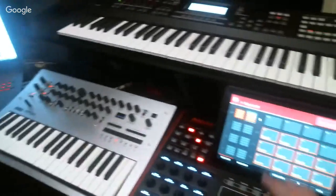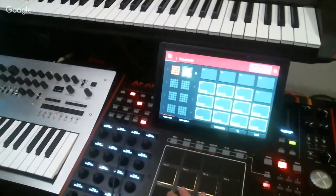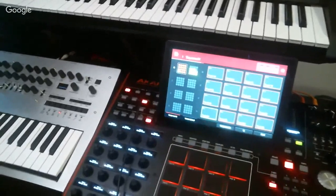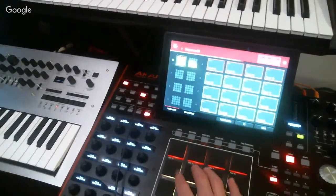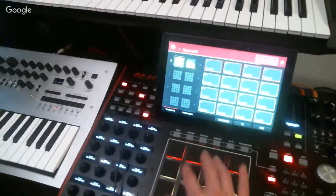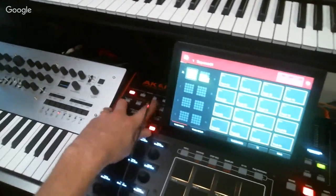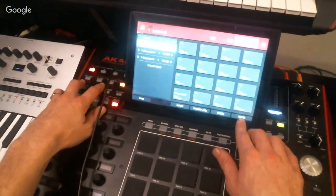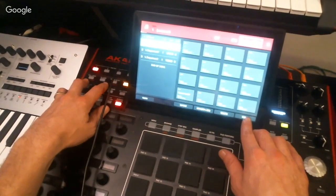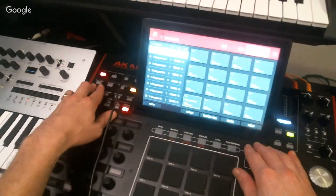Cool. So let's see. These are gonna be synth parts. Okay, that's what we're gonna do. Gonna go to song mode. Make sure I'm doing this right. Make it 8 bars. Sequence. We're gonna go to